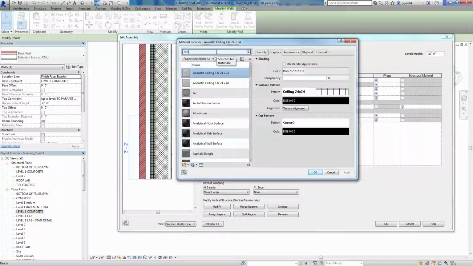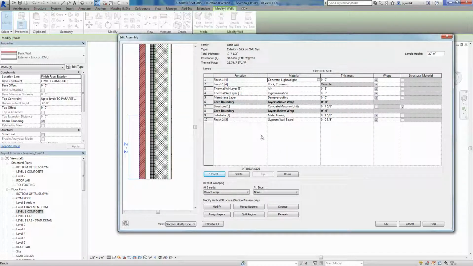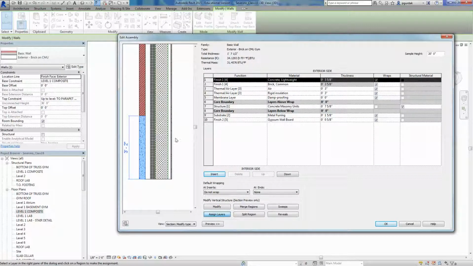To replace concrete. That's going to be not a precast, although it could be a precast piece, but I'm going to just say a lightweight, meaning that it's built there on site. And now I'm going to say assign layers, select the layer, assign layers, and you click there, so it turns